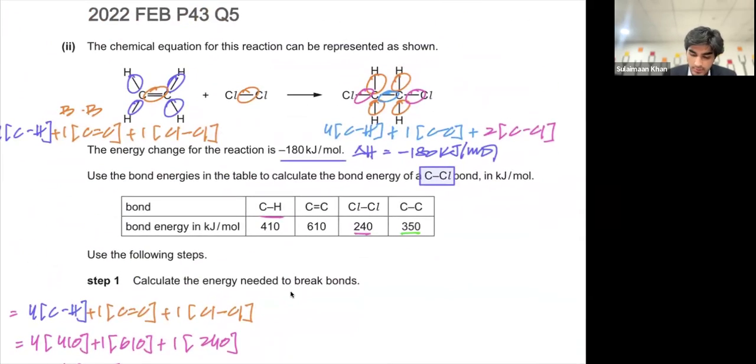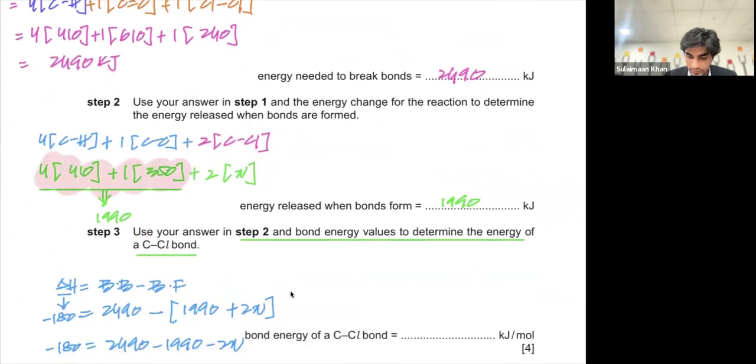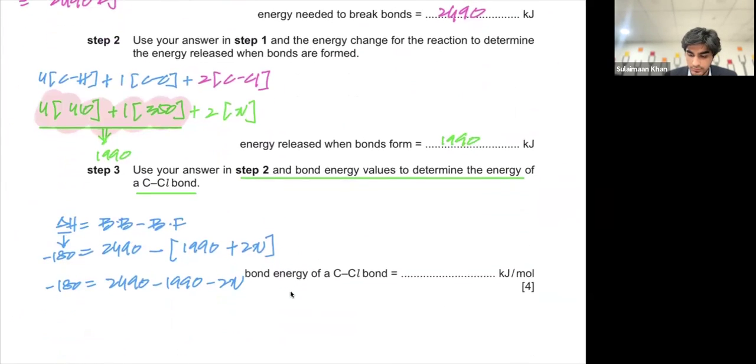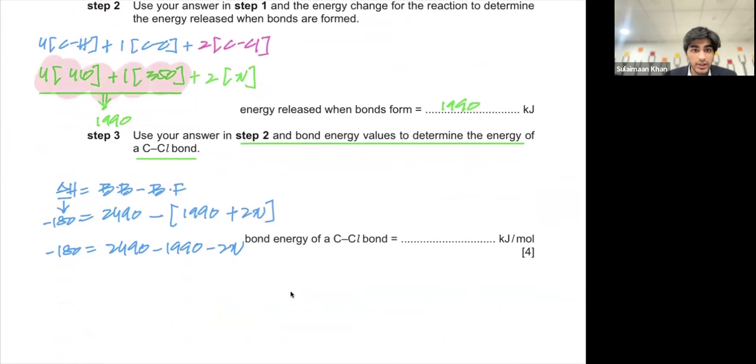It's given in the question. The enthalpy change for this reaction is minus 180. 340. So x is equal to 340